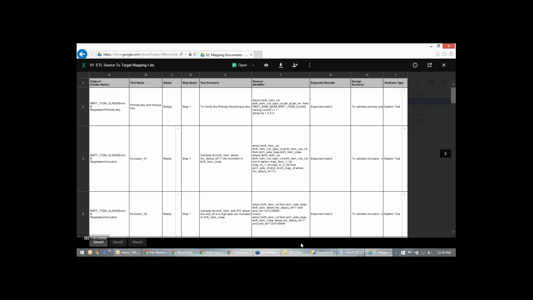Okay, so what is the mapping document content? It's the source to target mapping document, STM. So it contains all the information about the source, like source database, source table, source column, and all kinds of information. And also it contains the information about the target column, target table, target database, how many databases you are using, how many columns, how many rows and how many tables, all that information. This is supposed to be there in the STM, source to target mapping document.